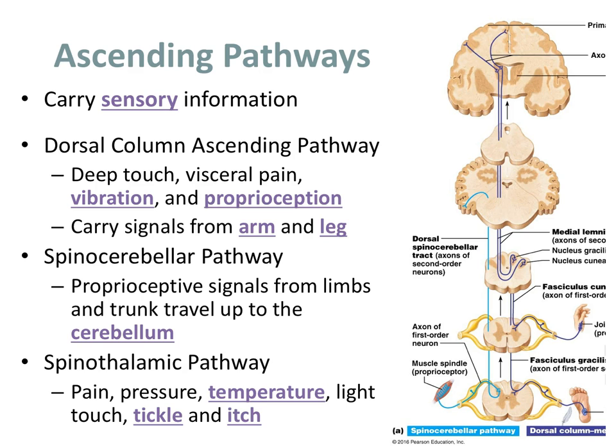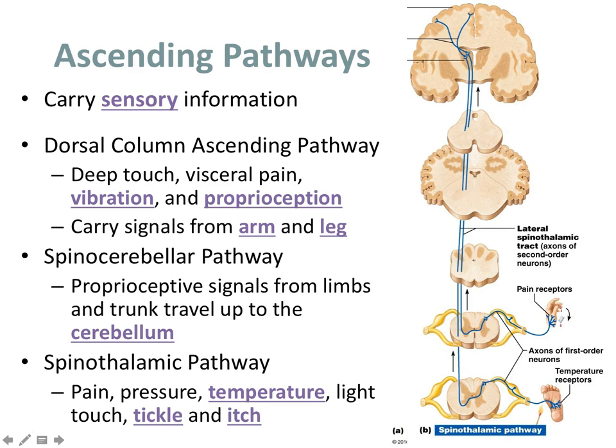Since we know that the cerebellum has to do with sensing where the body is and whether the body is doing what we think it's doing, it makes sense that proprioception comes up and goes to the cerebellum. The last pathway we'll talk about is the spinothalamic pathway, which goes from the spine to the thalamus, and it carries information about pain, pressure, temperature, light touch, tickle, and itch. You'll notice that its fibers cross over before they head up to the thalamus and then to our cortex for